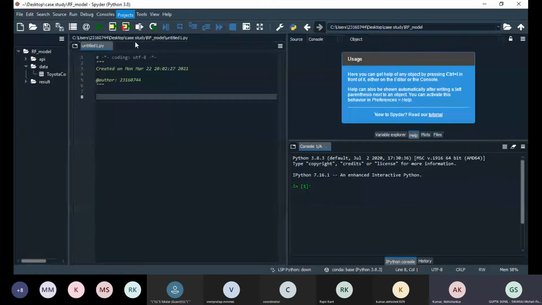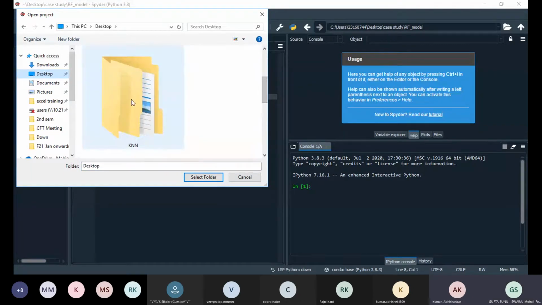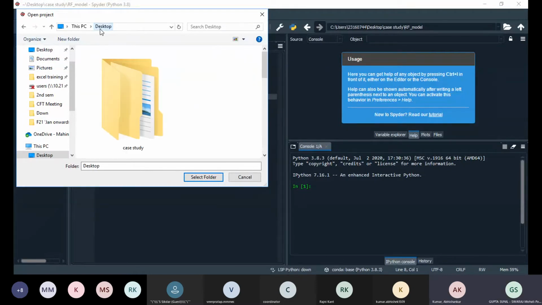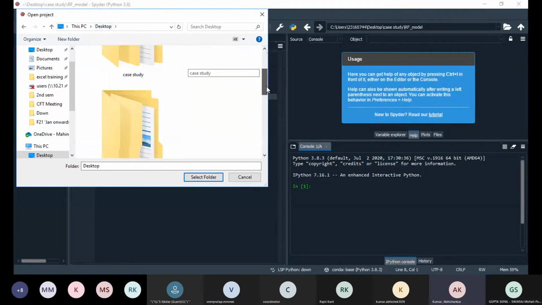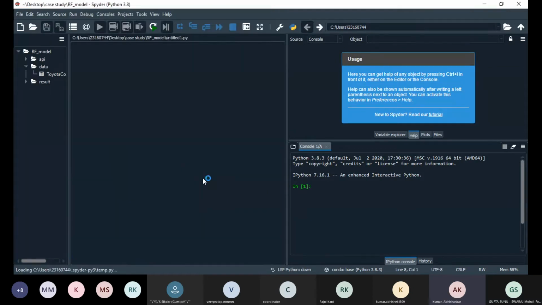Select open project. Then go to KNN case study. No, don't open it, go back, just select this folder. Yes, select folder.